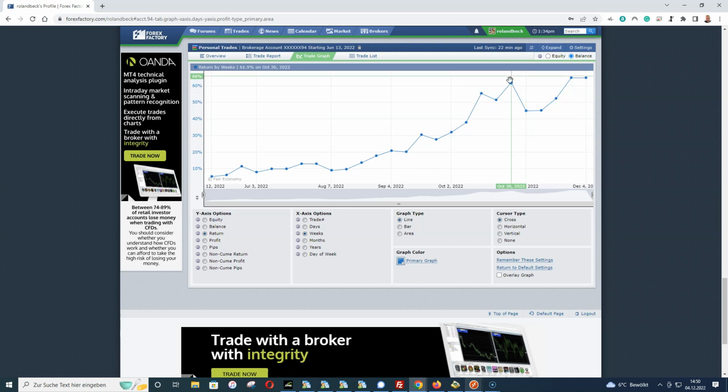And then you can see after this losing streak, it was possible again to come over the last point. Here was the highest point in October, and after this losing streak I could manage to come over this again, and so at the moment we had the highest profit since I started this small account. And I used a small account with 250 euros because the most common question I get is